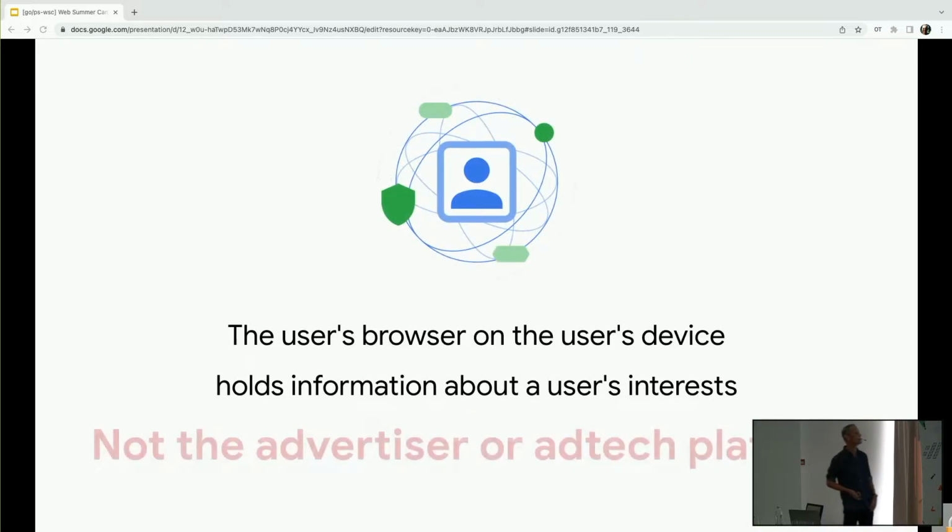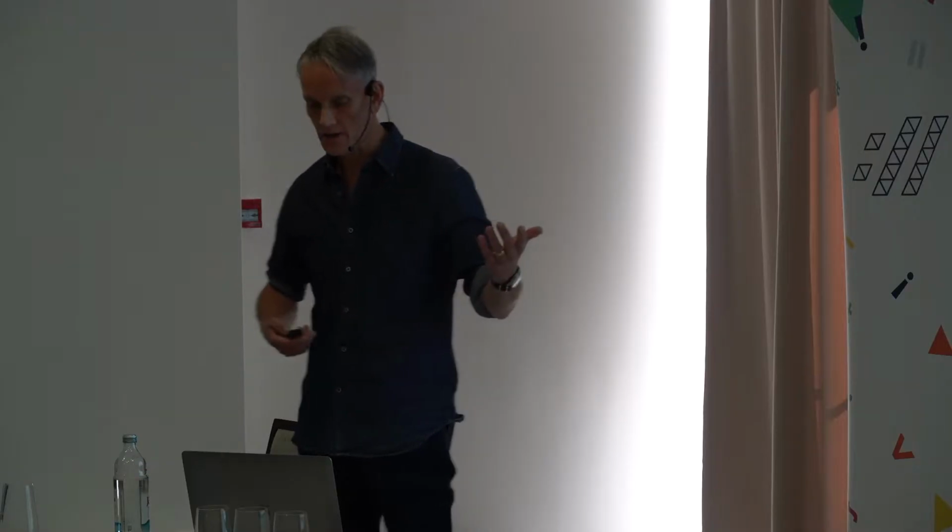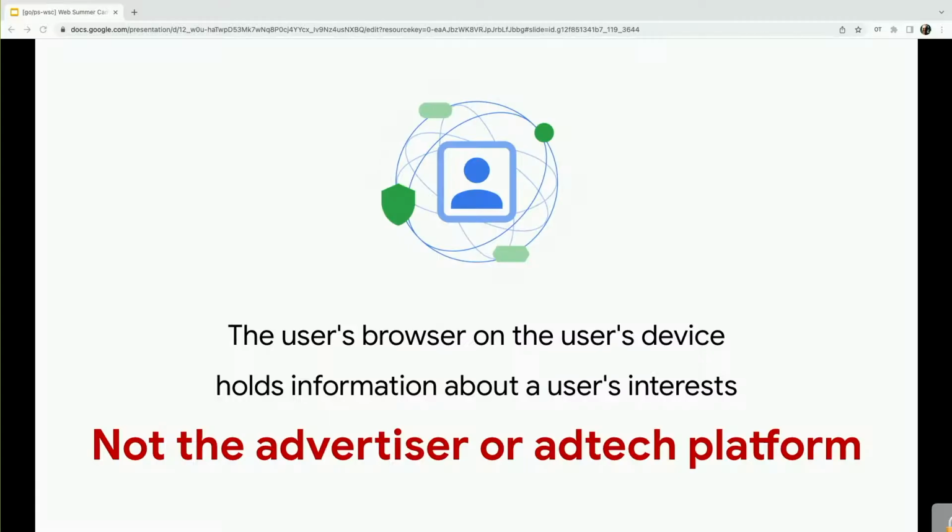Now, one of the major initiatives of the Privacy Sandbox APIs is thinking about ways that we can do stuff in the browser on the user's device. With current technologies, as you know, data is collected, aggregated, and shared with third parties.